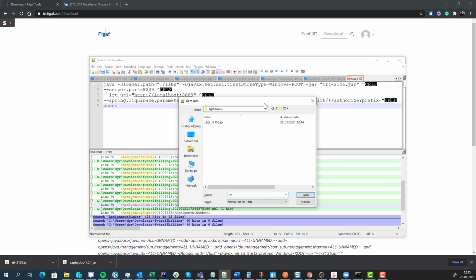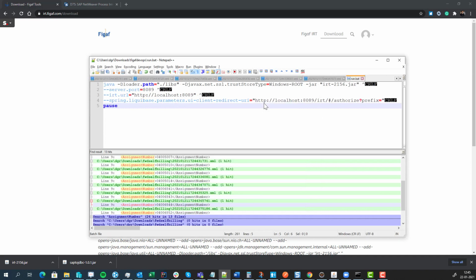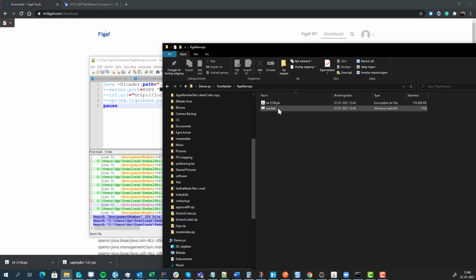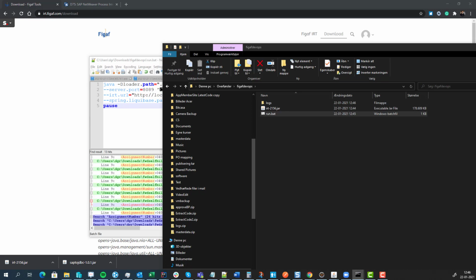run.bat. This is for Windows. For Linux, you need to change some of these new line parameters, but that should be pretty simple. So what you can do now is click on Run, and this will bring up this command